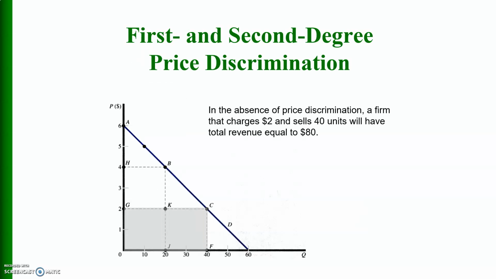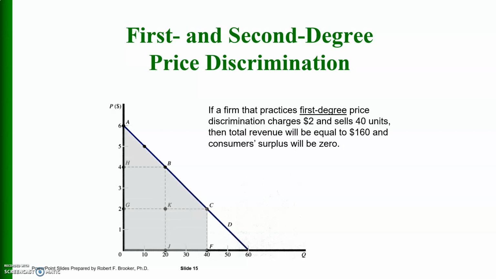Here in this diagram we show both the first degree price discrimination and the second degree price discrimination, and I discussed the definition earlier. And again, in this diagram you also see if the firm practices first degree price discrimination, charges $2 per unit and sells 40 units, then the total revenue will be equal to $160 and consumer surplus